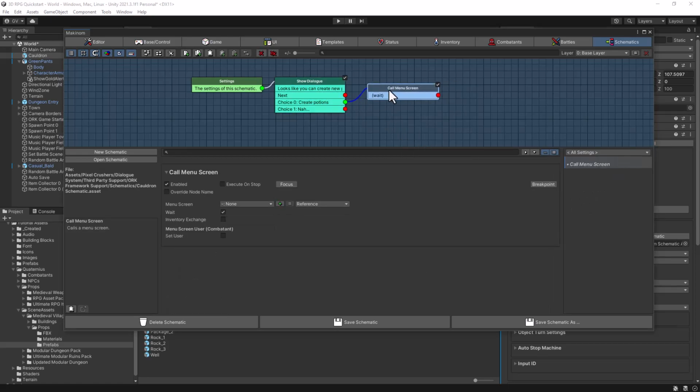and link it up. And the menu screen that we are going to open when we choose create potions in this case is going to be inventory. Let's see what happens, and keep the weight checked. Later on, of course, if you want to build your own crafting menu screen, then you can call it from here as well. So let's save this schematic,